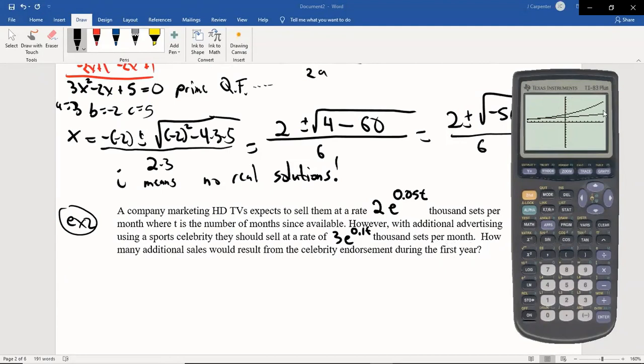There's 12 months. So this window, I should technically extend it to 12 for the x maximum to get the full picture. And if I don't want to see the negatives because we're not looking at negative months, I can make the x minimum 0. And this is the entire picture that we should be looking at. You could even cut the y part down here if you wanted. That's good enough. You can see that the second one, the one with the 3, is higher than the first one. So if I call the one with the 2 F and the one with the 3 G,